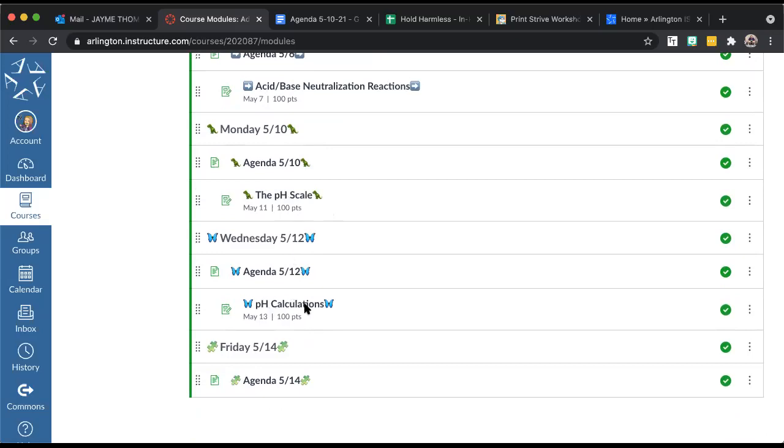And then Wednesday, our last part of this unit is actually doing calculations. So there's an equation that we can use to calculate pH and some other things. pH, hydrogen ion concentration, we can calculate what's called pOH, and then also hydroxide ion concentration. So all of this has to do with acids and bases and how we identify something as acidic or basic. And so that'll be the last part on Wednesday, just doing calculations involving pH and some of those other